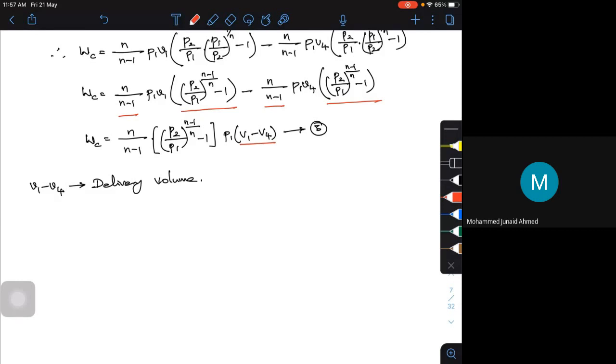Okay. Now this is the expression for it actually. All these things are based on air being the working substance, so air being the working substance, we are trying to use it.